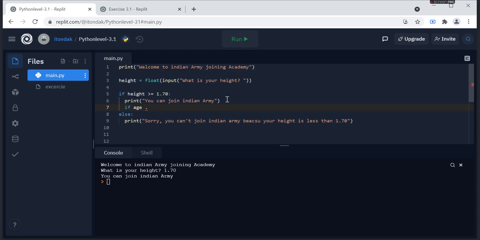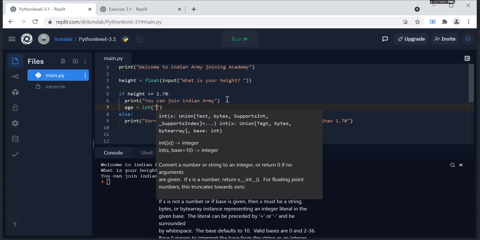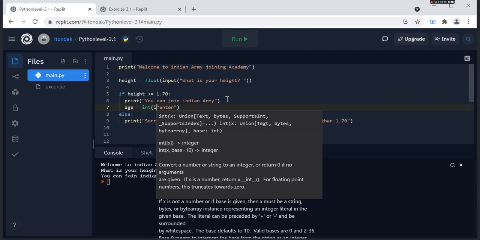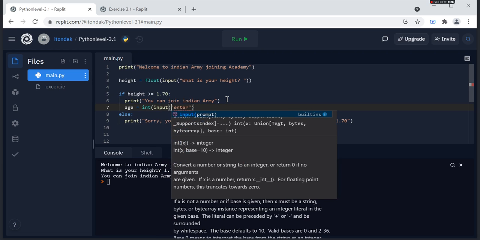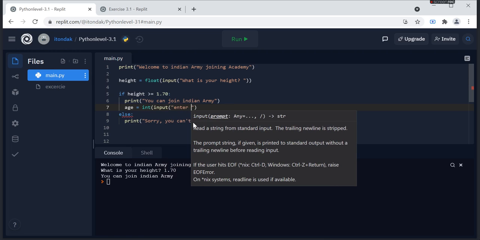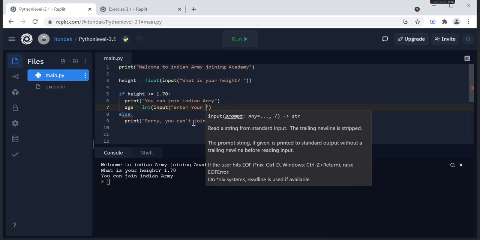So let's do a condition with another condition. Age is my variable, integer input. When I enter, the first condition passes, then it asks me to enter your age.